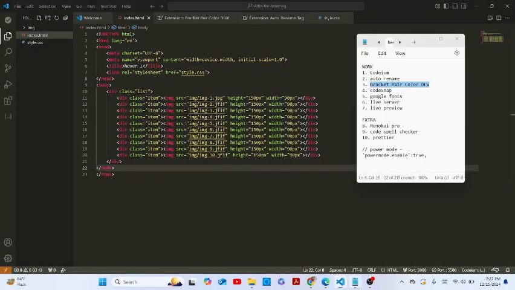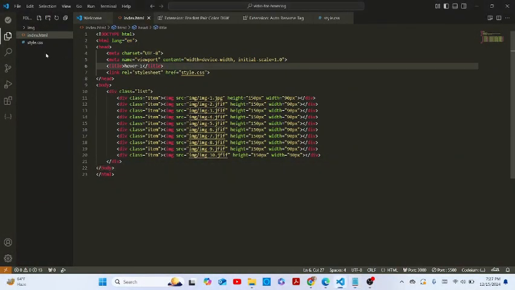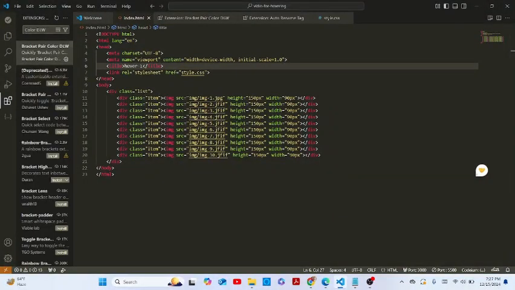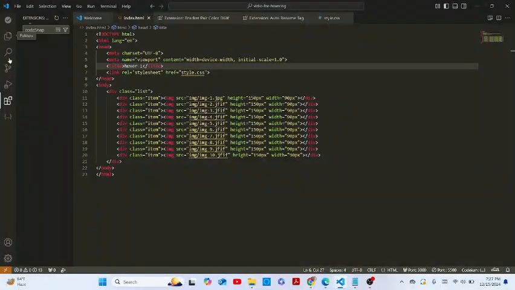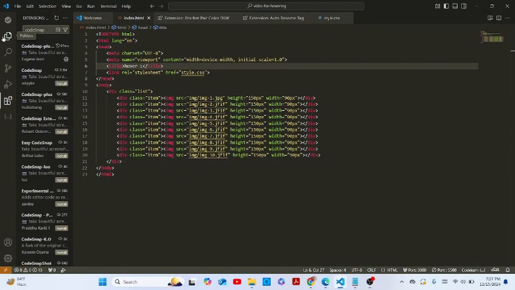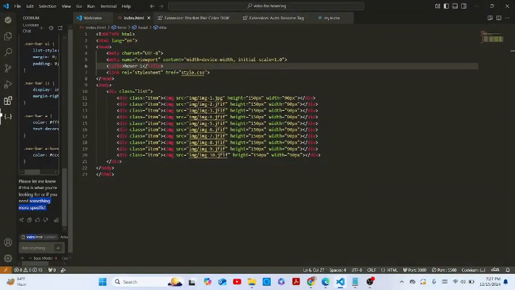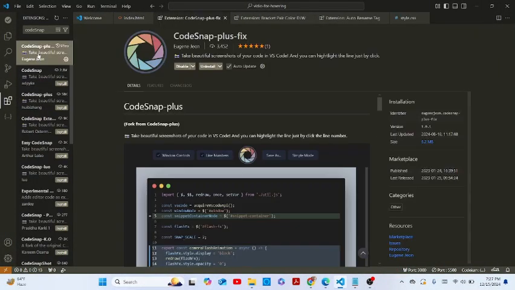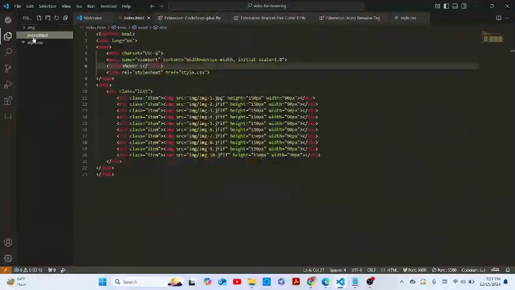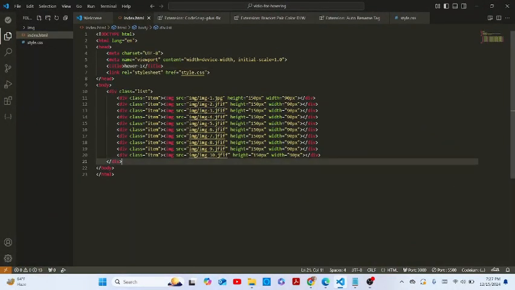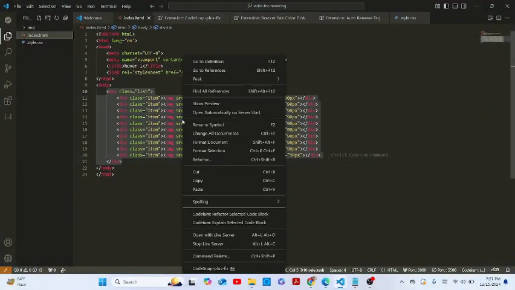Our next extension in the list is CodeSnap. This is one of my favorite extensions which I have ever used. If you have to take a picture of any code, what you would do is just take a screenshot of that code, but this extension fixes that problem. You just have to download it. Whatever code you want to take a picture of, you just highlight it like this. You do a right click and go to the last option,